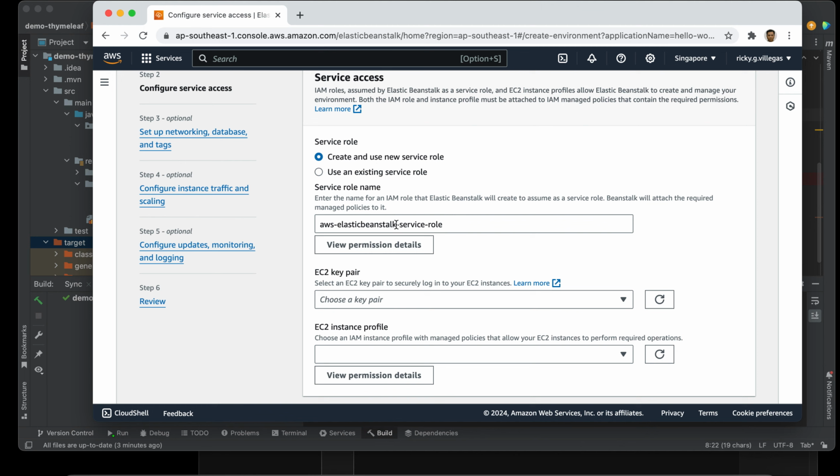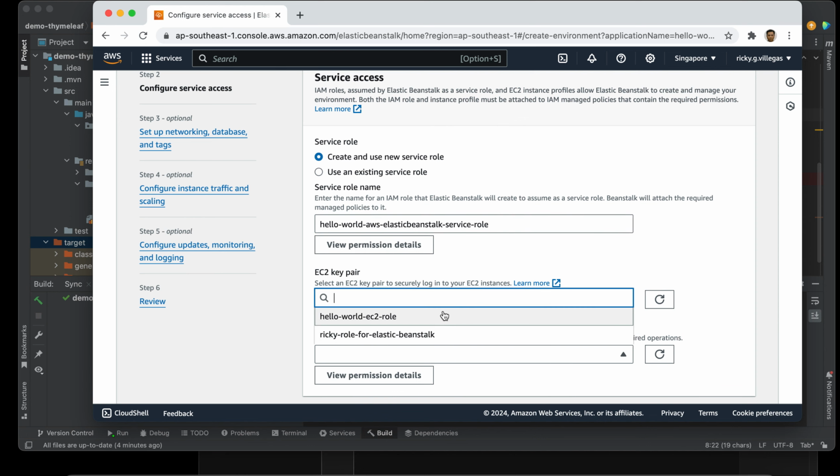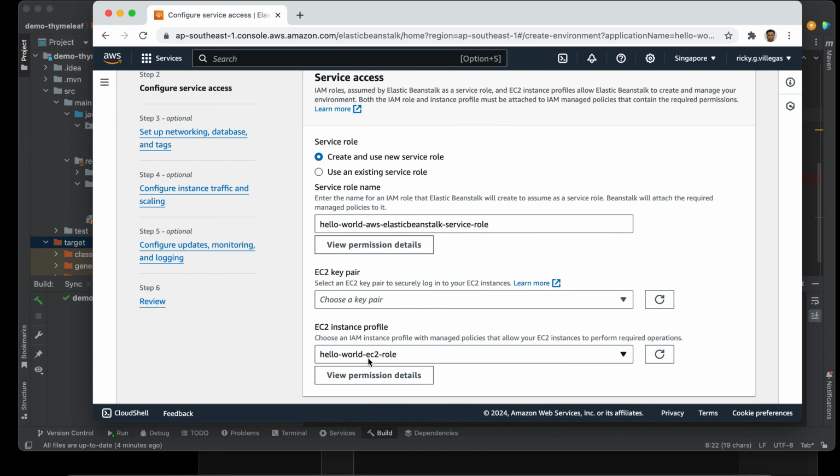Then you have to enter the name here, let's say AWS hello world. Then we have to choose the EC2 role that we created a while ago. You should choose that hello world EC2 role.